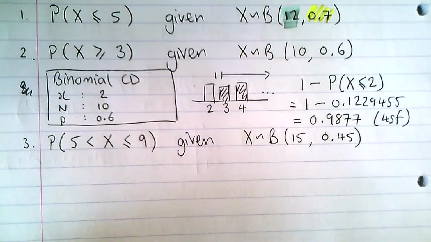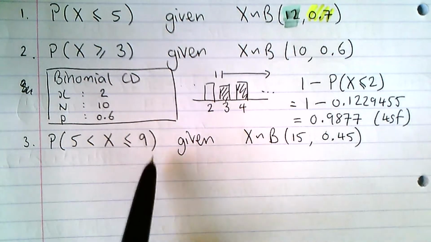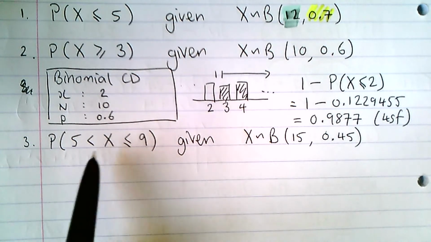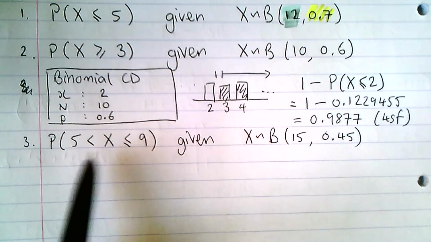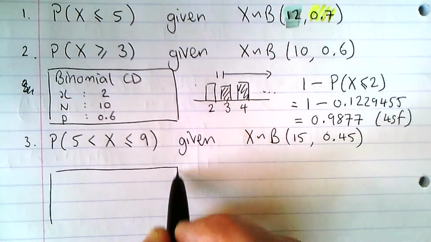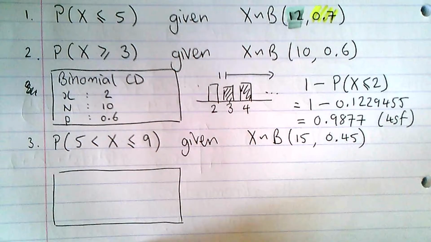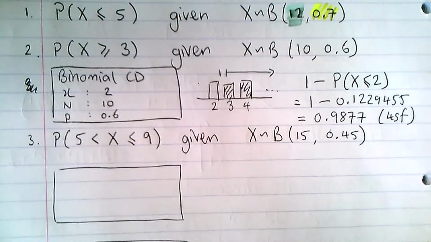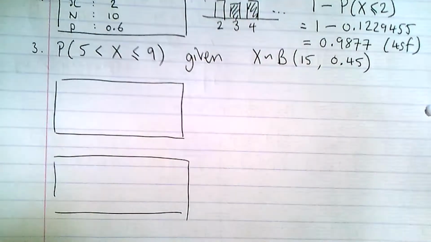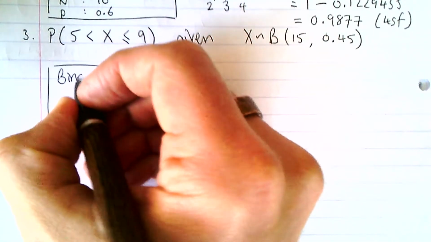Now, the examiner can make this slightly more complicated by asking you about the probability of x lying between a pair of values. So here again, I'm going to draw a couple of diagrams for you. I'm going to draw this here twice. Shuffle it up a bit so that we can see. There we go. So we've got binomial CD,